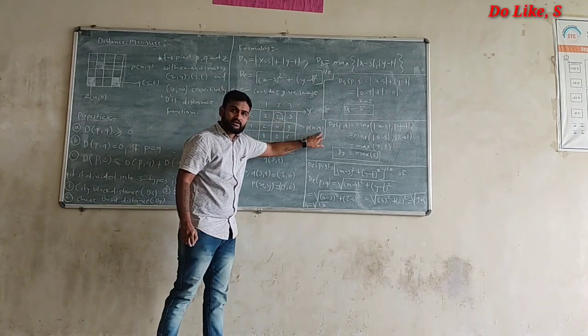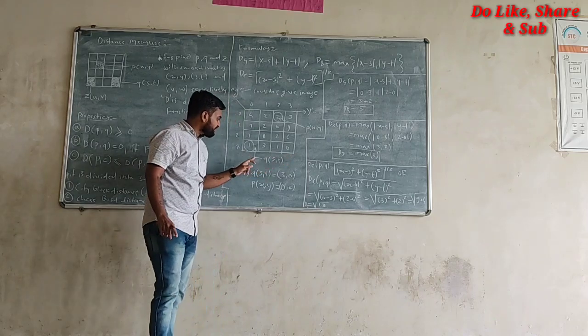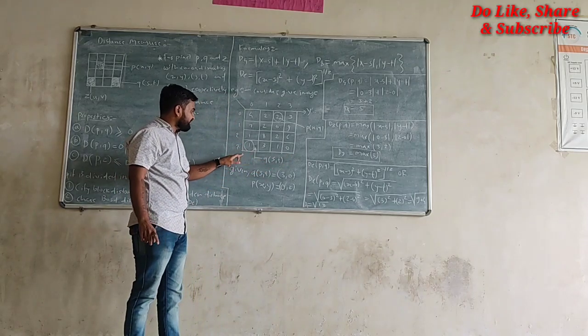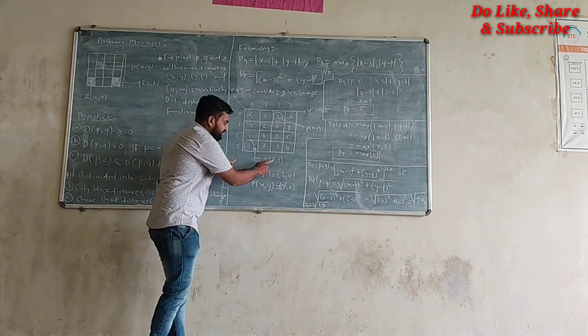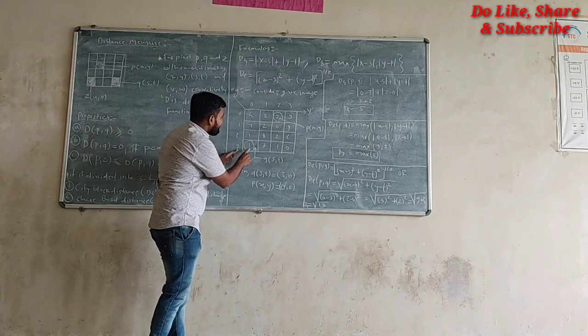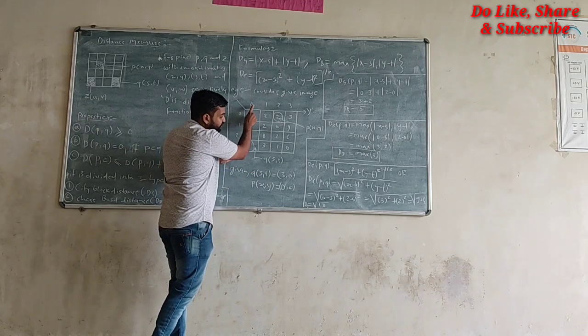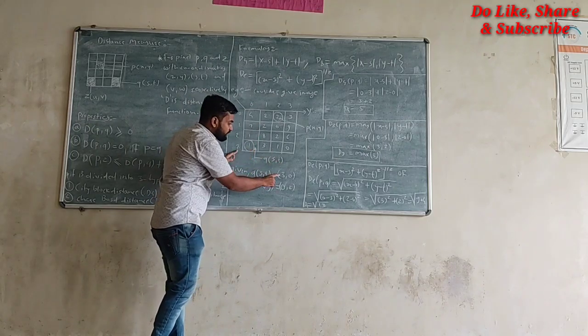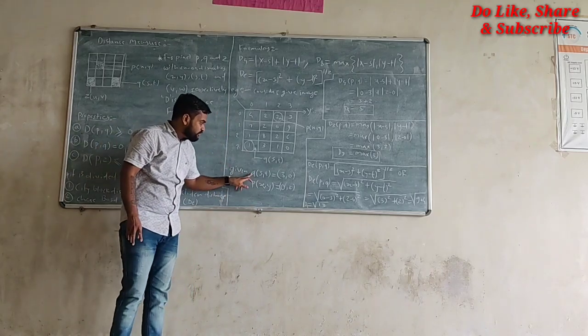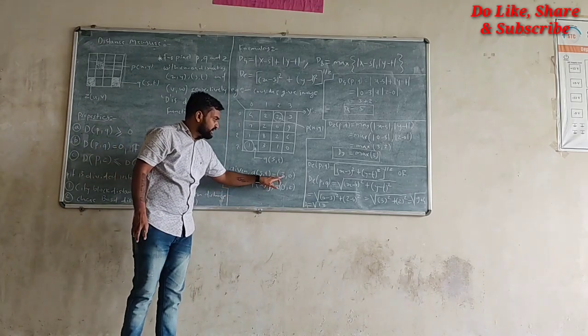So P is 0, 2. Similarly, the second pixel we are considering is Q. Q is located on the x axis, so the x coordinate value is 3 and it is located at 0, so the t value is 0. So 3, 0. The given data is Q, s and t equal to 3, 0.